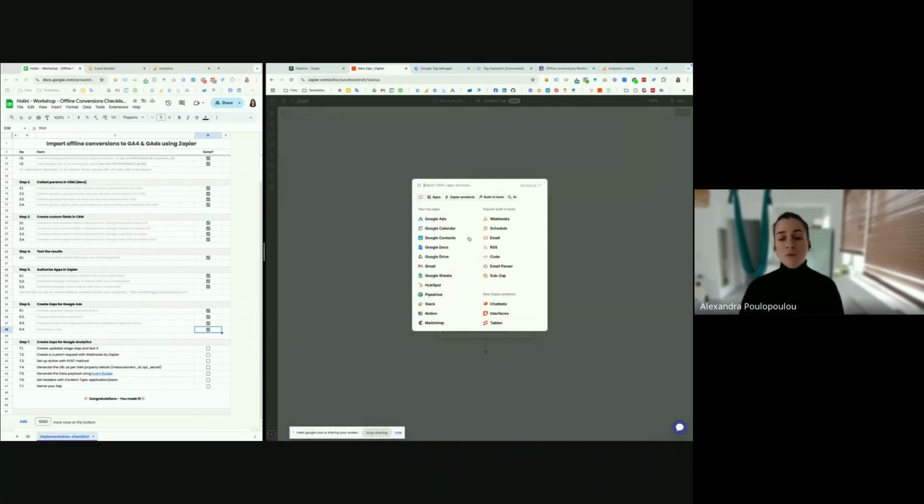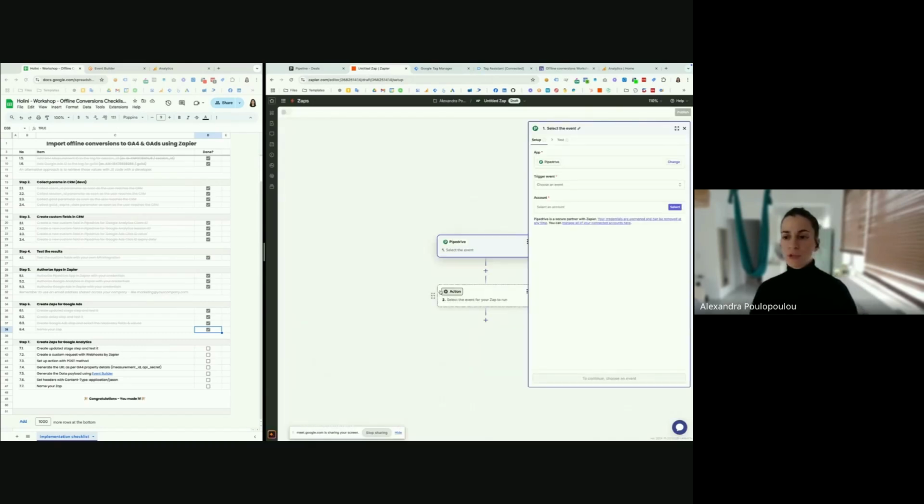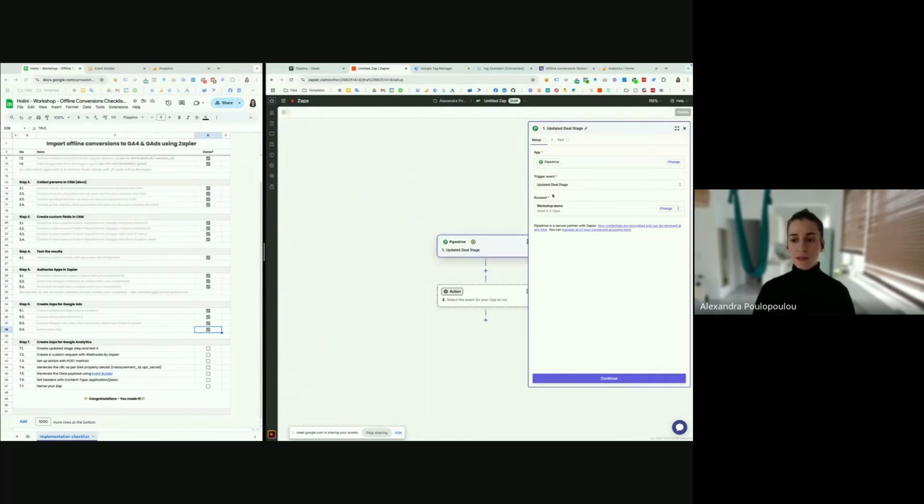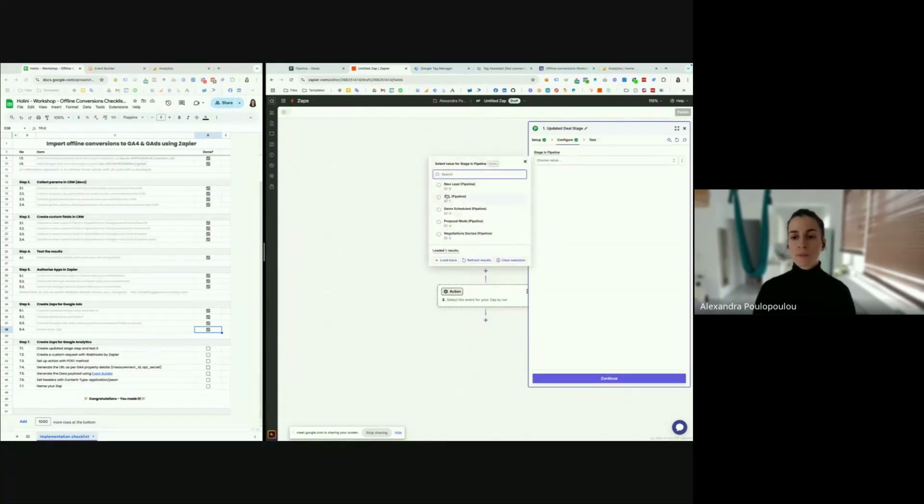What we need again is a trigger. Pipedrive, we will use the same trigger for updated deal stage. We select our account from Pipedrive, continue, and which stage this should be: SQL.